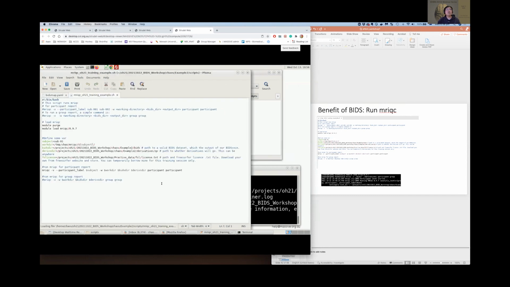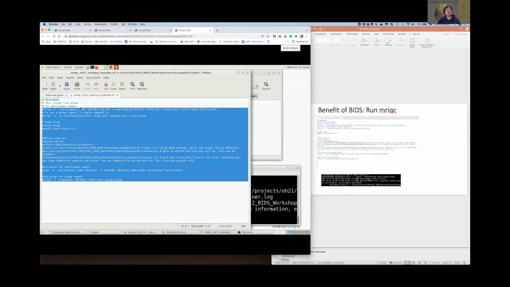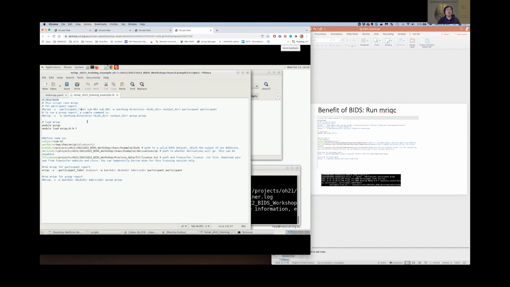Okay, so you'll probably find that this is a little bit busy if it's your first time doing the coding. But actually, firstly, the blue font, the blue lines, are just comments. You don't really need to worry, the computer is not going to read them. So the first part you will always see is module load. It's the installed software that you want to use. So it's MRIQC 0.0.7. It is one of the old versions. I'm just showing it as an example.